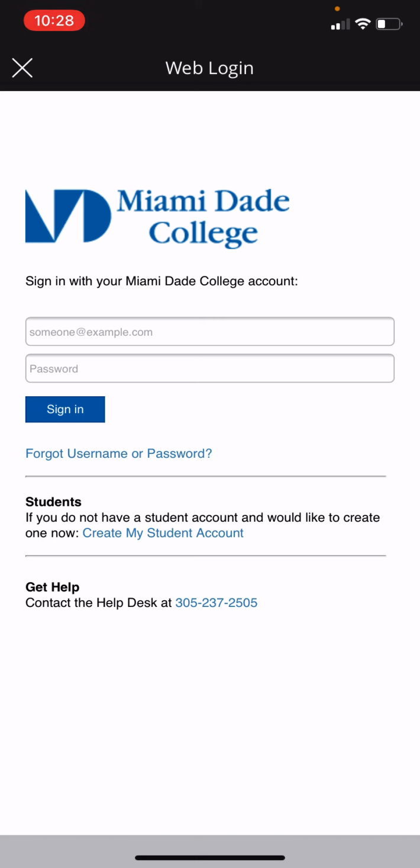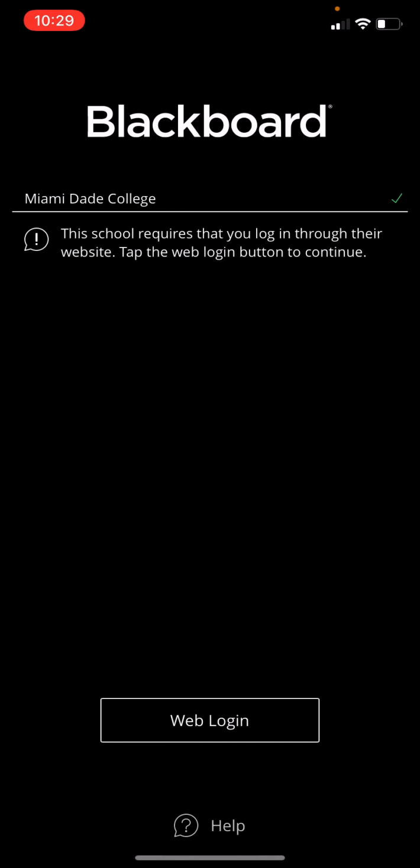Once you've done your web login, it should keep you logged in for, in the past, almost a month at least for me. You don't have to log in every time. They just need you to connect the first time and then every time the app or your phone has an update. All right, I'm actually going to back out of the main Blackboard app, the one that you're using, because